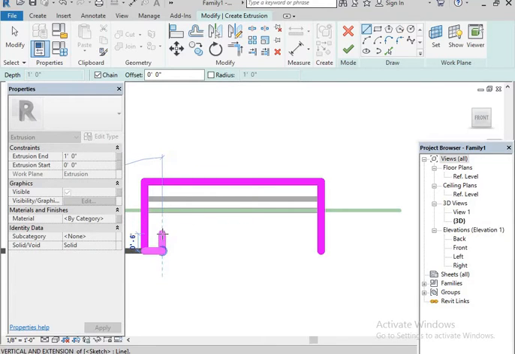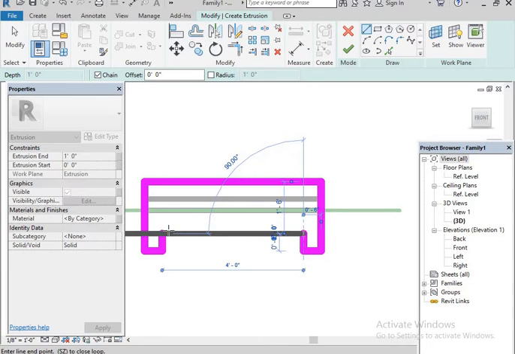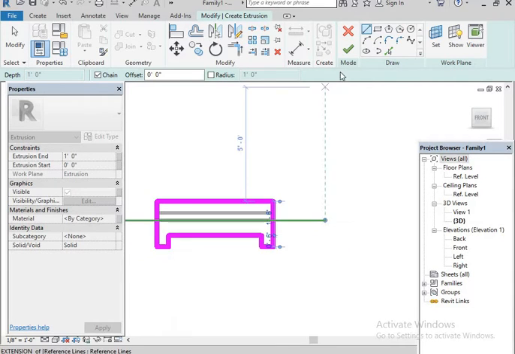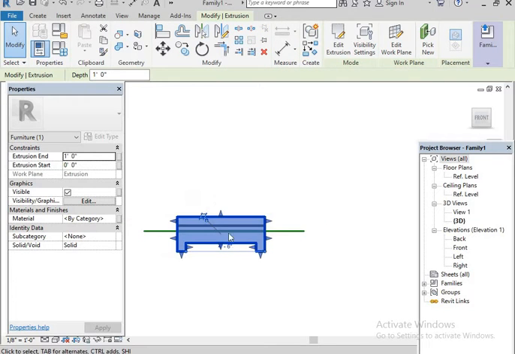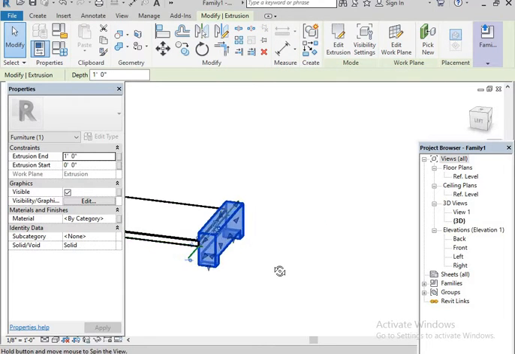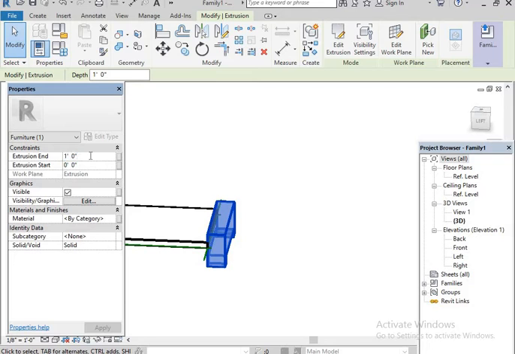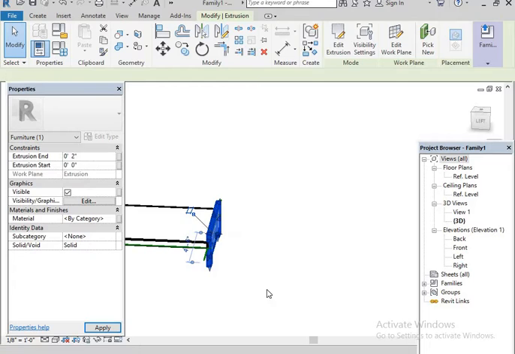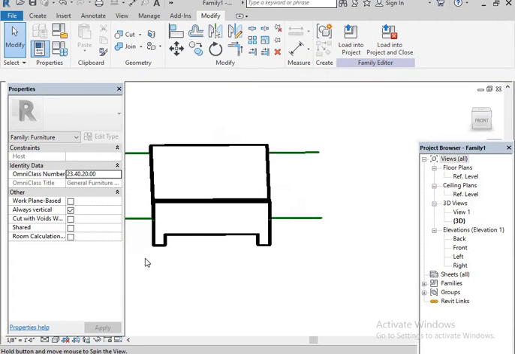After that, this is also 6 inches. Then from here to here 6 inches. Then this is also 6 inches. After that I just connect this portion, then give Finish. See, you can rotate it a little. 2 inches is enough for me, so 2 inches. Apply. See, the back panel is ready.